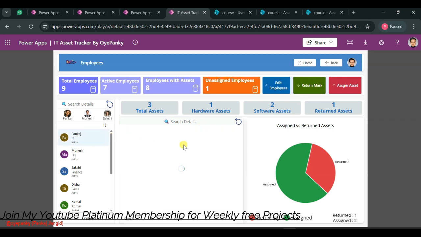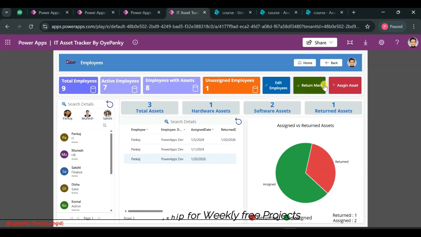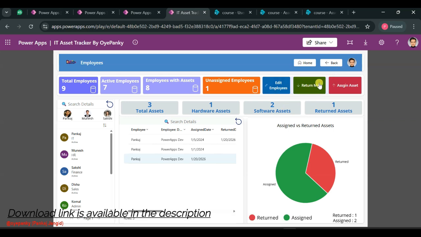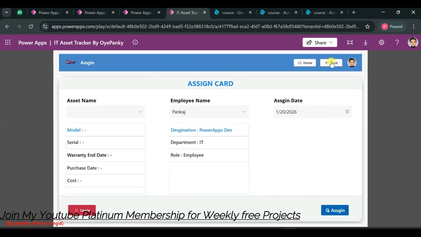Like I want to mark Pankaj's asset as returned. So I selected this one, and I think I forgot to mention the navigation. I will mention it. You can assign an asset to this employee directly using this button, or